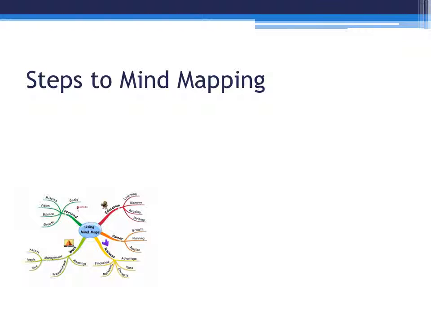So what are the steps to mind mapping? Mind mapping always begins with a blank piece of paper, and it's either chart paper, poster paper, construction paper, or a blank computer screen. You can use templates, but it's really recommended that you use a blank piece of paper to allow the students to develop their own relationships between the sub-ideas and the main ideas. So the starting point is always a central idea. What is the main concept, event, person, or idea that you want to explore? And that goes in the center of the document,